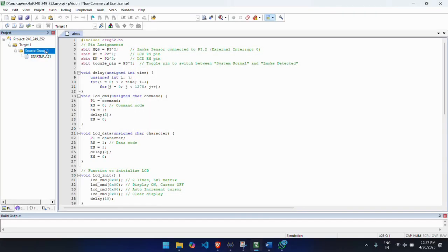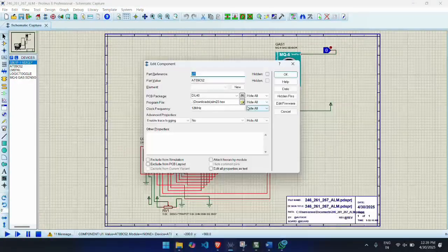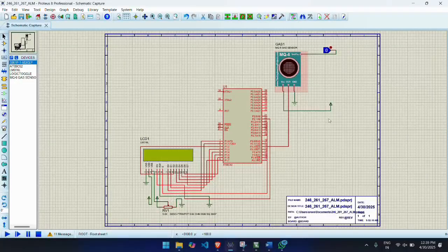The software tool which we used is Keil MicroVision IDE. Keil MicroVision IDE is the software we use to write and compile our program for AT89C52 microcontroller. It supports C language and provides a simple environment where we can write code, debug, and simulate how